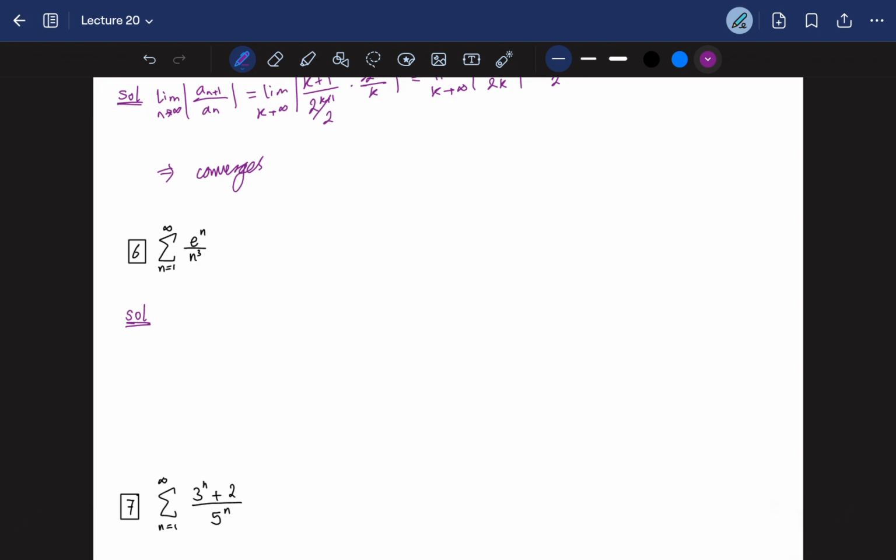Okay, so now let's look at number 6. Again, doesn't look like something I already know. It's not an alternating series. Although it has an exponent, it's kind of difficult to prove. Like, if you look at it, it has an exponent, not in the denominator, so I'm going to use the ratio test. But let's see. If you take the ratio test,